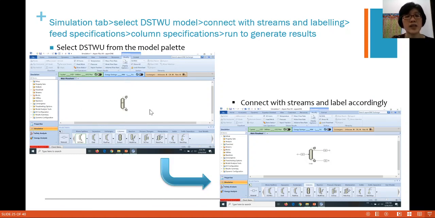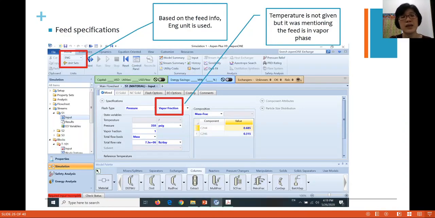So under the simulation tab, you are given a blank page for you to construct the flowsheet. So you have to first select the DSTWU model and connect the unit operation with the streams and label them accordingly. So this is a step. So once you have done that, the next step is